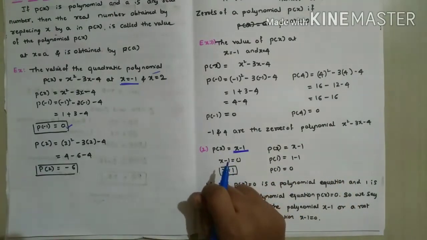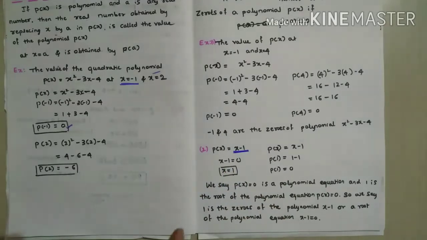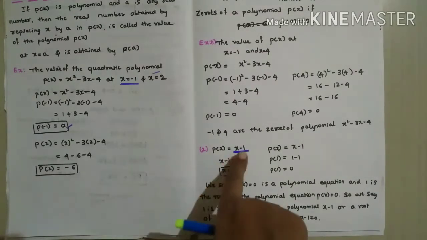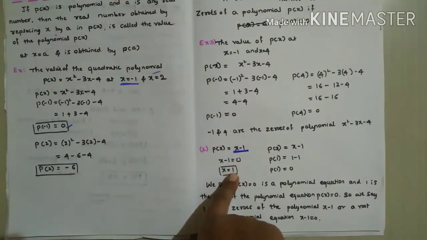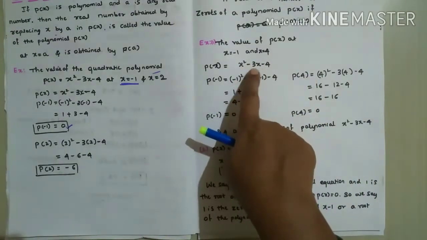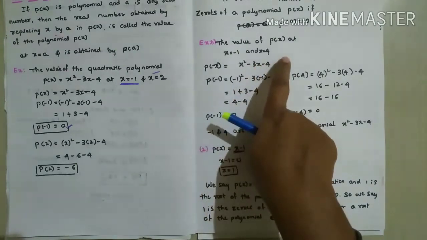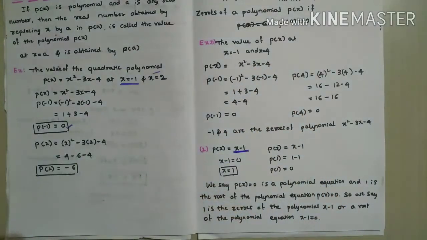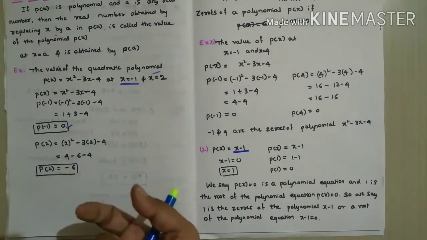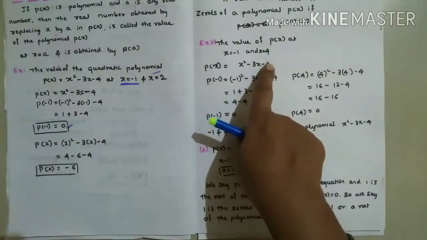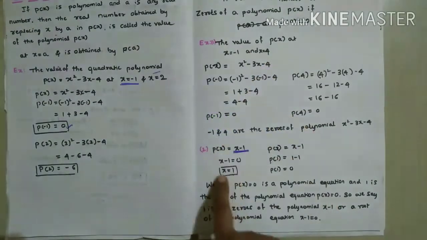How are we going to get the zero of the polynomial? You have to equate the polynomial to 0, then find the value of x, then we will get the zero of the polynomial. Like that only we have to do for the quadratic equation also. For a quadratic equation, you have to equate this to 0 and find the factors. Last year you learned by factorization you find the x value. After getting the x value, if you replace it in this, you will get 0. Then only we can call this a zero of the polynomial.